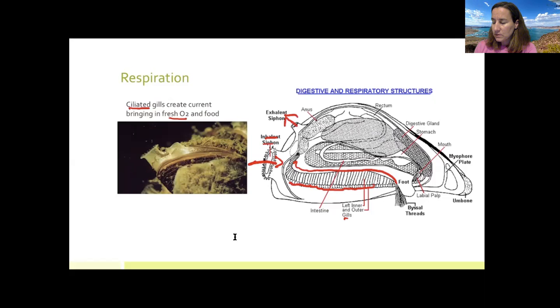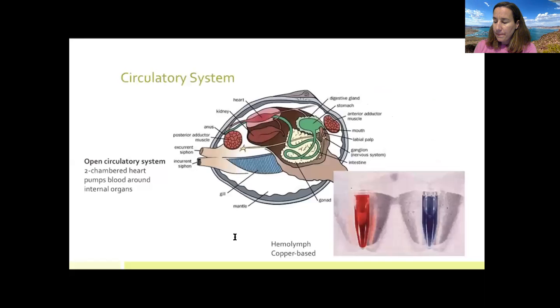It is going to bring in that water across through the incurrent siphon and then out the excurrent siphon, across the gills, and absorb the oxygen. Their blood is going to look different than ours does. They are going to have